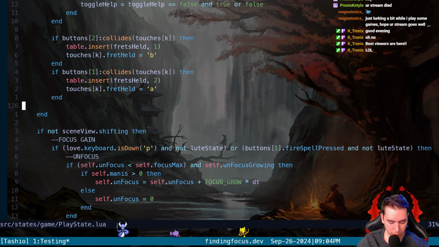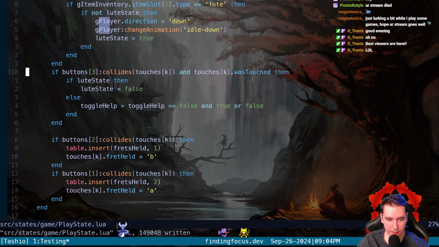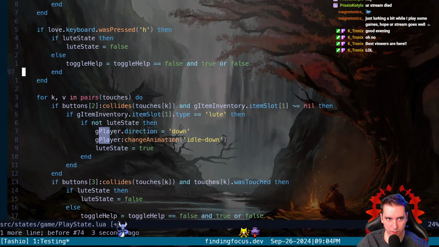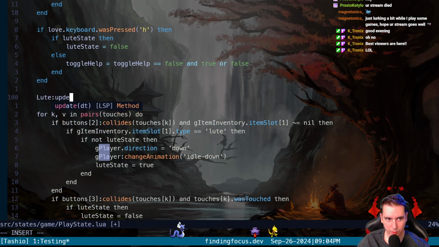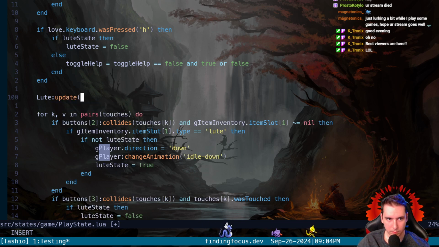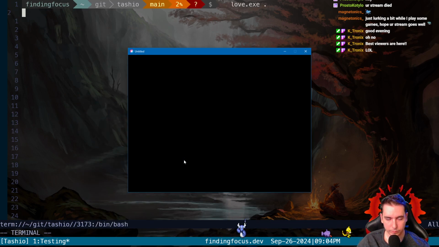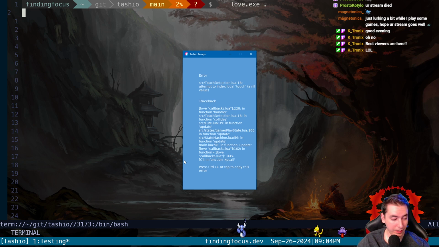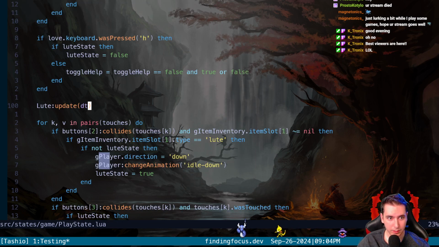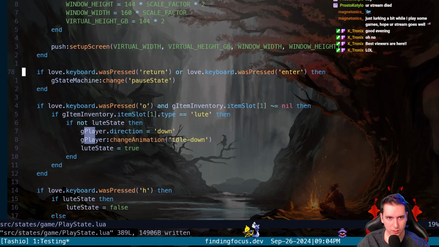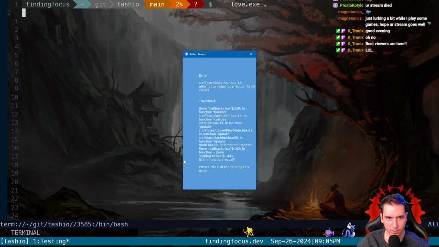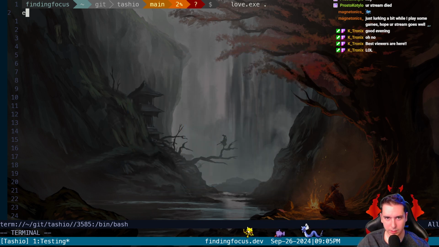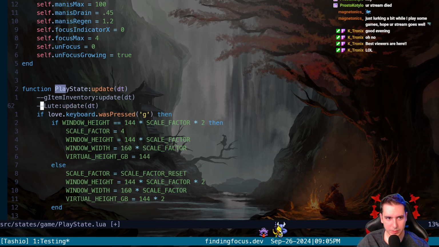Okay. So why is it that when we try to add our Lute render, let's just say we update our Lute no matter what. Does it crash there? Yeah, why? Is this still in a touches? No. So why can't we, like if we have Lute update here, why is it crashing there? What in a Lute update is causing our touches to crash?